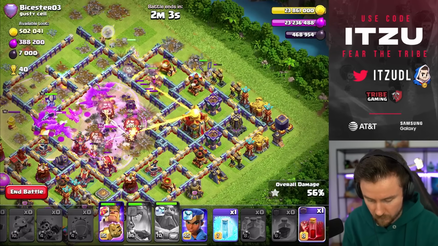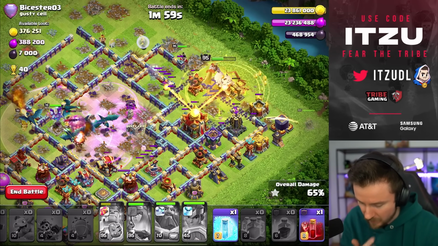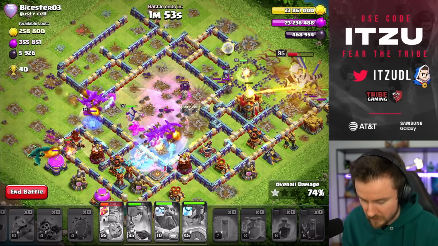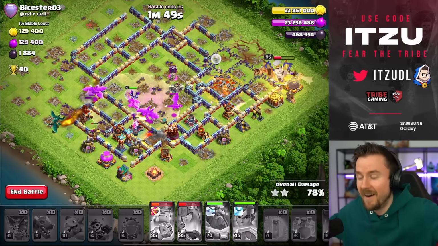Oh, that's not good. That is not good that there are so many tests. I want to snipe that town hall, but I think with the king, we should be able to get it. Let's just freeze this back end. Ooh, that's nice. That's a nice freeze. Let's distract the back end as well with the skeleton. And this base is just...